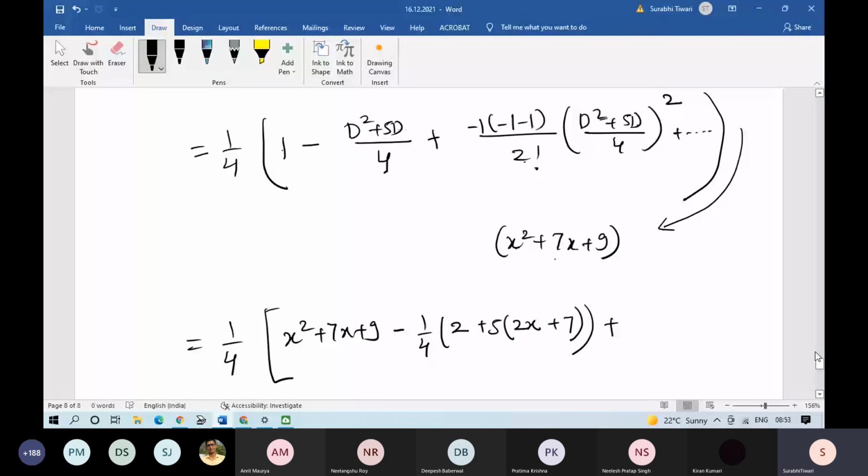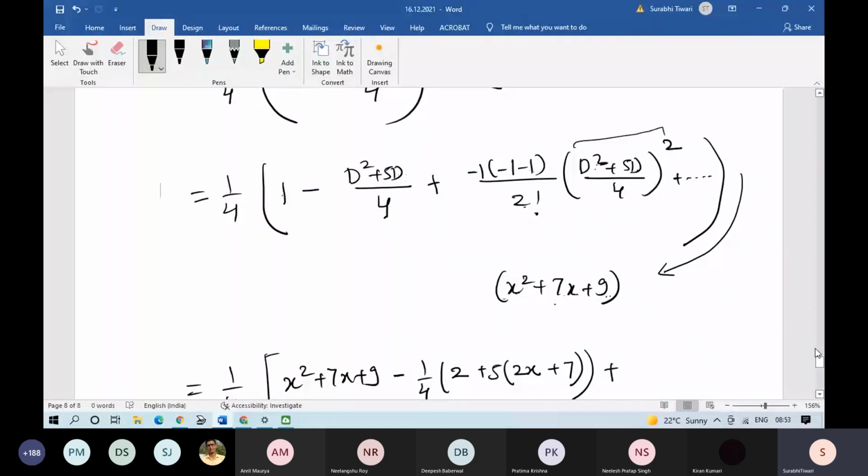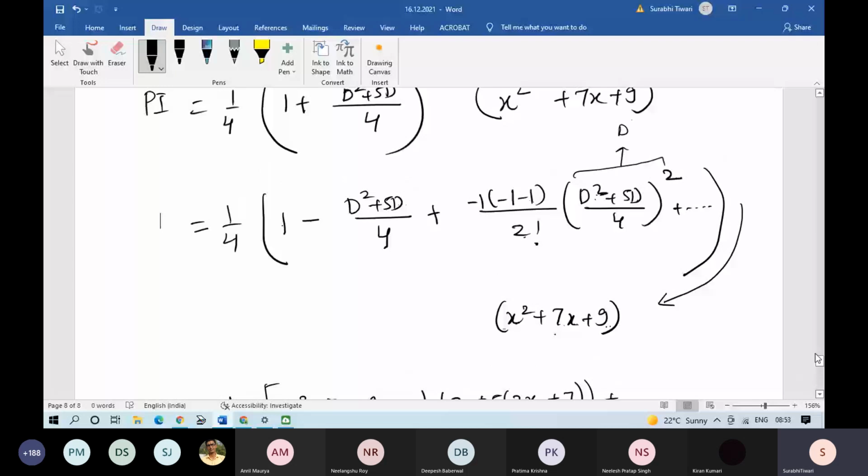तो क्या मिलेगा तुम्हें, एक तो मिला d की पावर 4, d की पावर 4 जब आप इस पे अप्लाई करोगे x² + 7x + 9 पे तो दिस विल बिकम 0। सेकेंड मिला क्या, इसका स्क्वायर कर लो, तो इसका जब स्क्वायर करोगे तो हमें मिला d की पावर 4 प्लस 5 × 2 10 d³ प्लस 25d², ये मिला। तो d की पावर 4 एंड d³ ये दोनों तो व्हेन यू अप्लाई ऑन दिस पॉलिनोमियल दिस विल गिव 0। नाउ बचा क्या 25d²। 25d² जब आप अप्लाई करोगे इस पे तो हमें यहाँ से 2 मिलने वाला है x² से। d को 2 बार अप्लाई करोगे, 2 बार डिफरेंशिएट करोगे तो 2 मिलेगा। ये दोनों टर्म 7x और 9 वाले 0 हो जाएंगे।